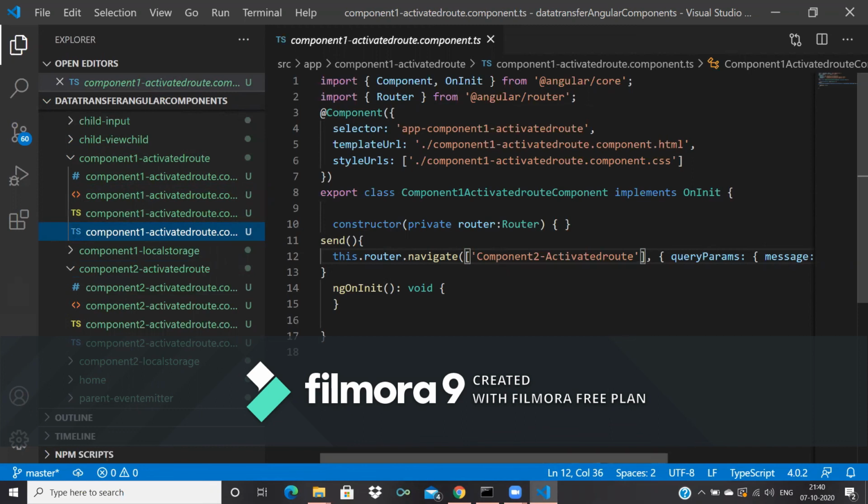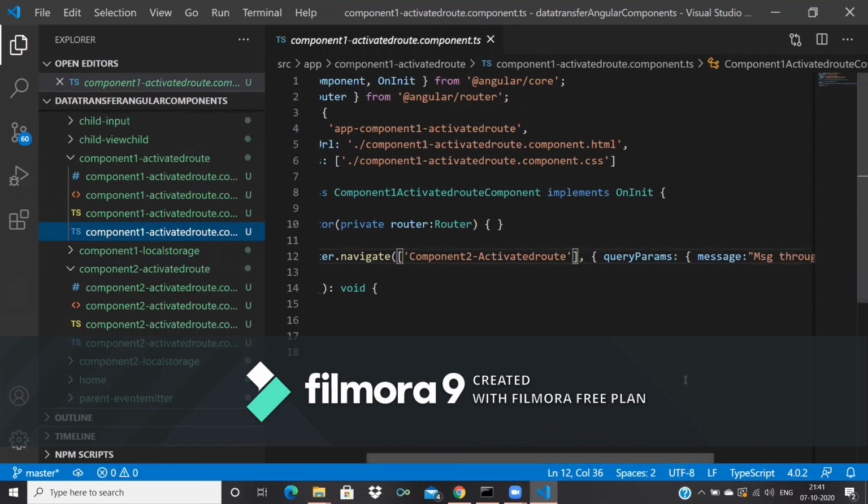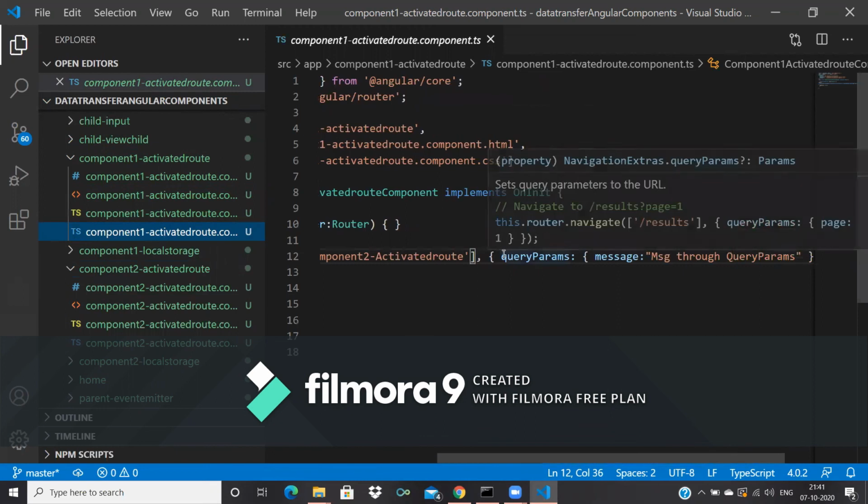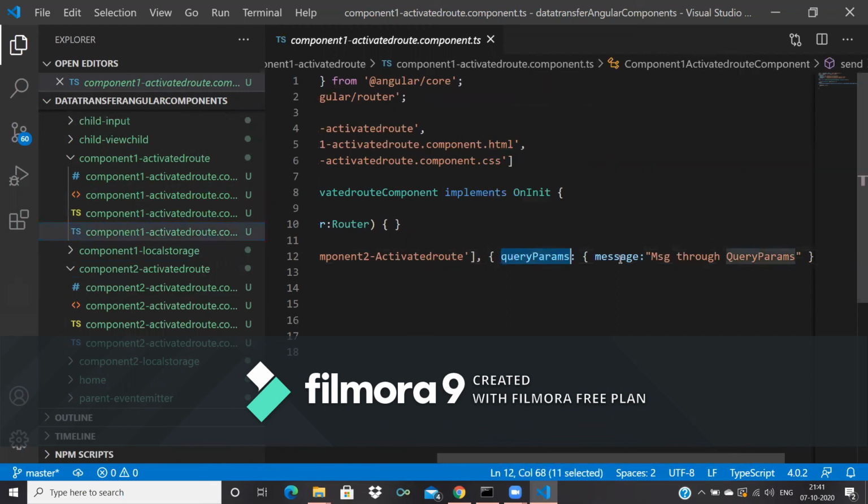While navigating to the other component, I'm passing queryParams, message as message, through query parameters. We can give any value and any name here, and queryParams will be the default one. Okay, we should pass like this.